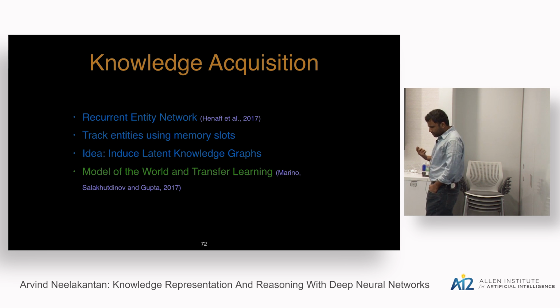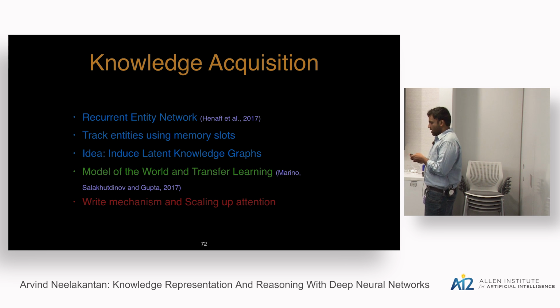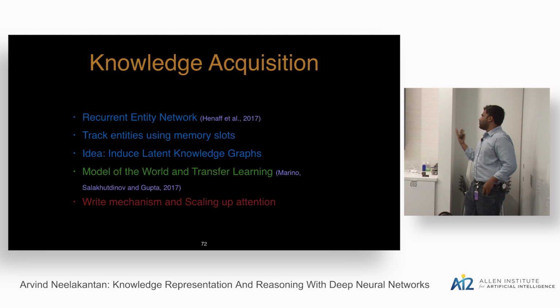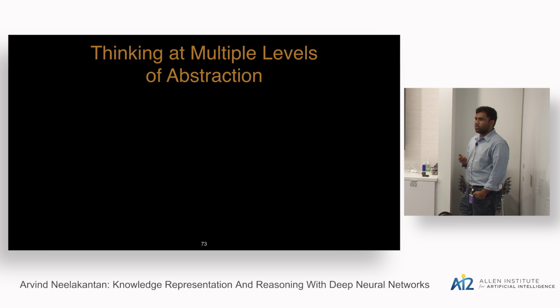And I think this has really useful implications in tasks like building a model of the world, and also in recent work on transfer learning, where they showed that if you want to do image categorization, going through a knowledge graph lets you start categorizing using a very small number of examples. We've been getting good results with this model on the bAbI task, where we've been able to beat the recurrent entity network, and right now we are trying it on more real world data sets.